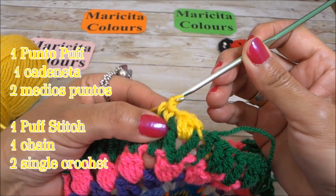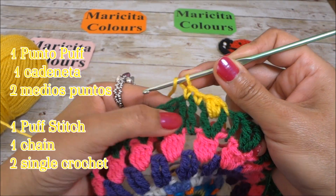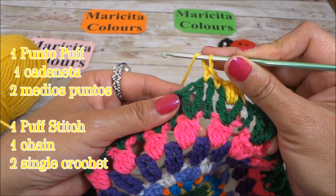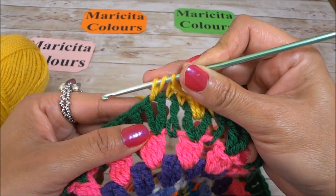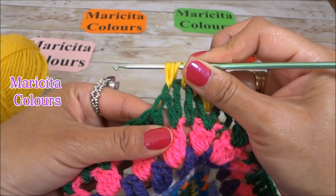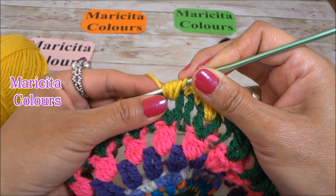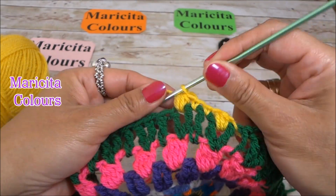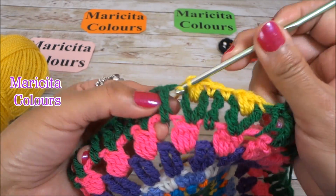Now in this arc I will make another single crochet, and into the center of the group of the treble crochet of the previous round we will make again the puff stitch. We insert 3 times into the same stitch, a little loose, we must let the yarn over and we insert. Here I have 6 plus the first and we close the 7, we make 1 chain of separation and